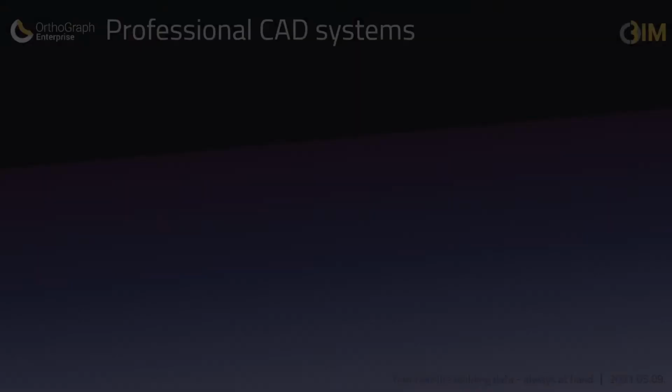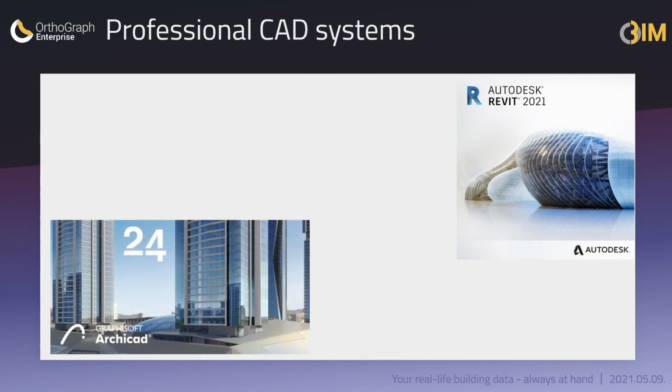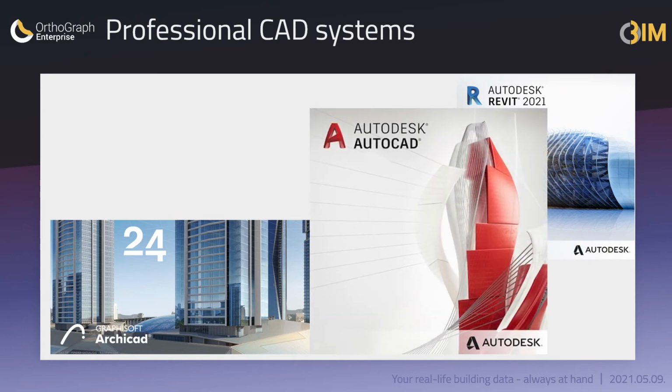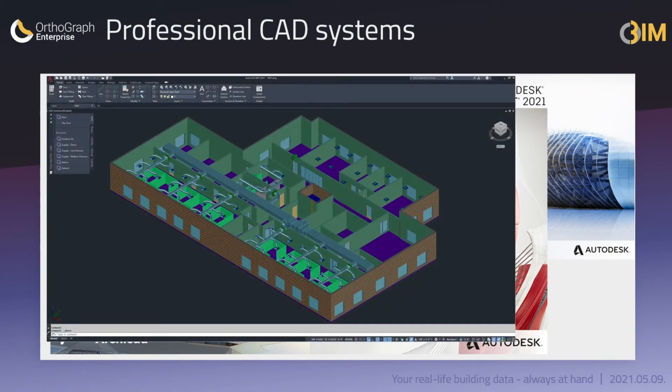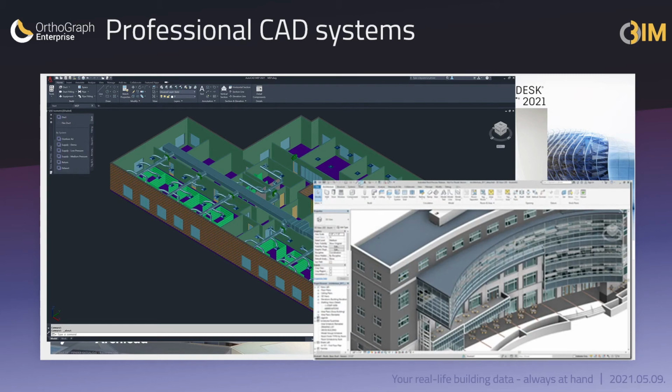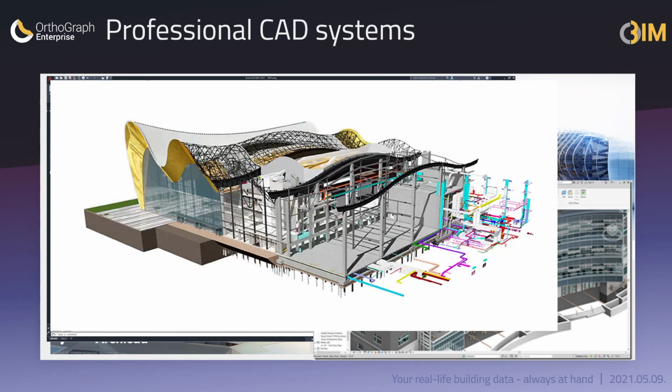Let's see the relation of professional CAD systems to the operational BIM. As the name says, they are computer-aided designing systems not aimed at building operation. The big brands of this profession can be used for creating professional BIM for designing and construction, where they can generate great value. They also come equipped with some astonishing rendering functionality, so both technically and graphically, many of them are capable of designing enterprise buildings with all their details.